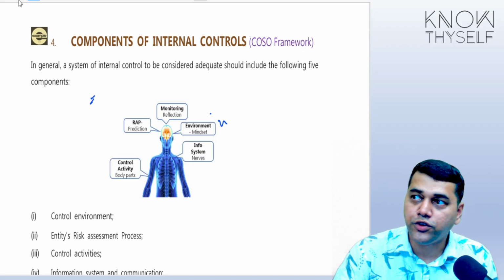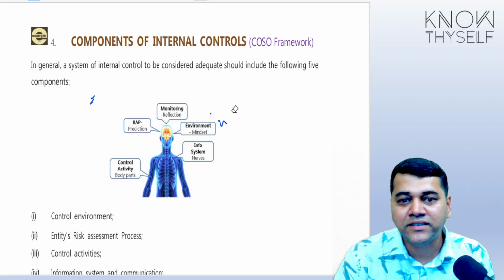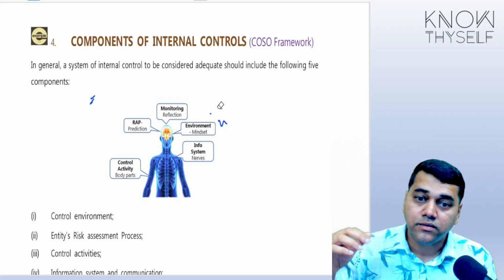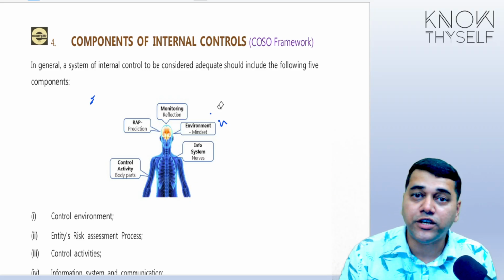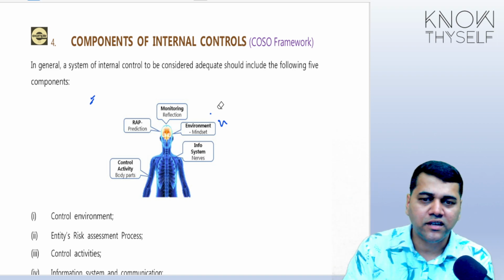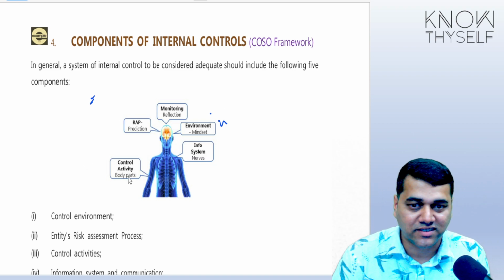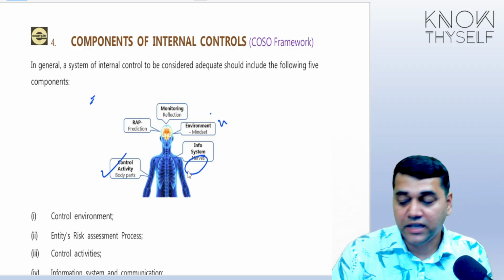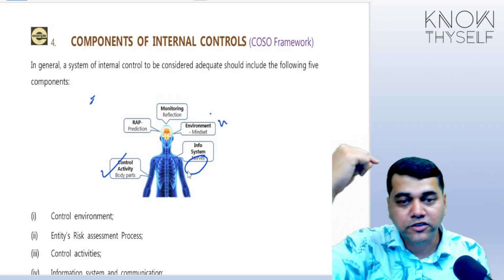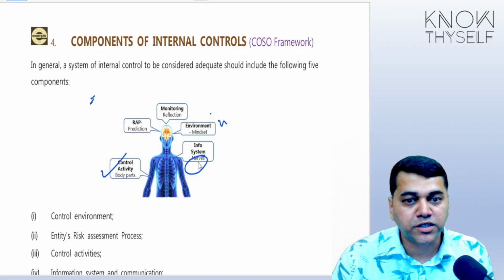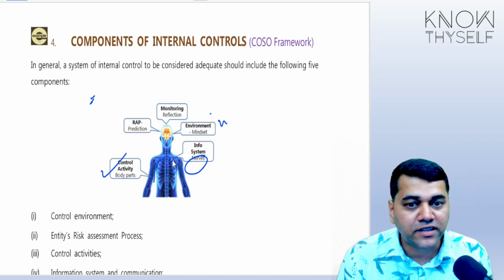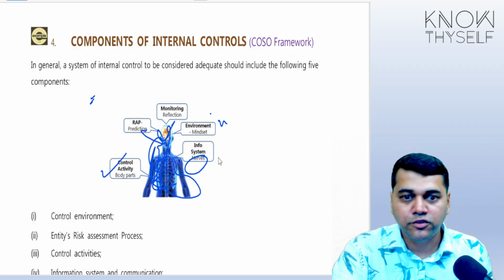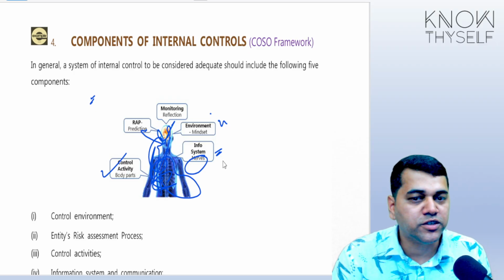Now, segregation of duty is something visible. The mindset, your prediction process and all this is not visible to us. But segregation of duty, physical security, review, see, can't we see that? So what you can witness, actions, are your control activity. Information system is like a nerve system. Like the moment you touch fire, who tells your brain to do some actions? Information. That means how these control activities are interconnected to your values, your prediction model, everything. That's your information system. That's what the information system is going to do.